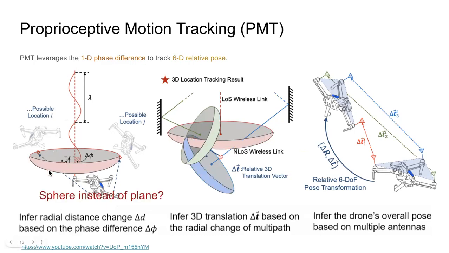But in the sphere, so this point and this one, and this point and this one, the phase difference of these two pairs, they're the same in this sphere, right? And similarly, what I understand is that the Jones location in star, the 3D location in star, should be the intersection between the sphere of the line of sight and non-line of sight